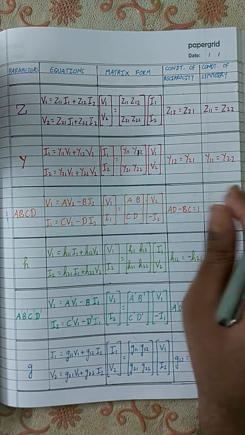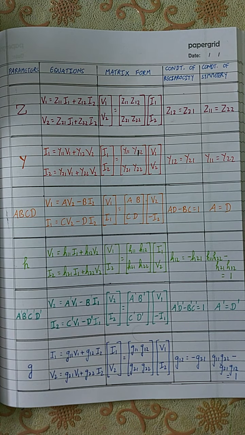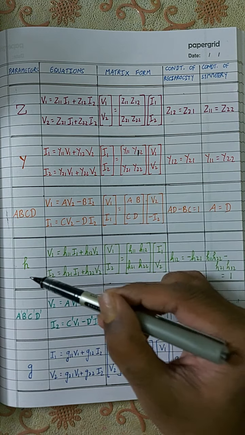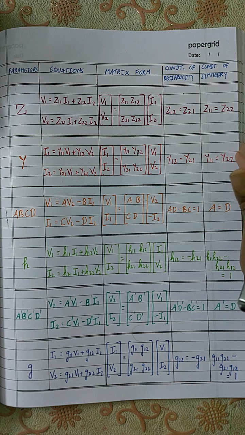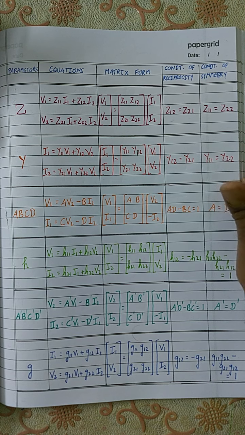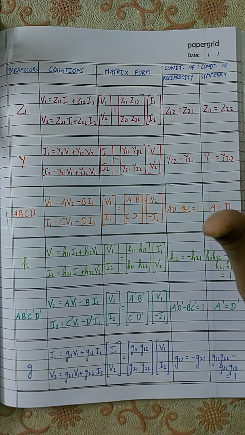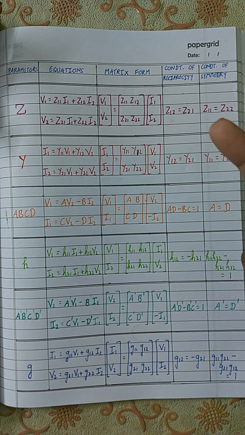So that is how we check. They'll ask you to find different parameters. Sometimes they'll ask you to find the hybrid parameters, or they'll ask you to find the Y parameters. When they ask you to find these parameters, this is what is very important to understand. There are two ways to find the value of the parameters.